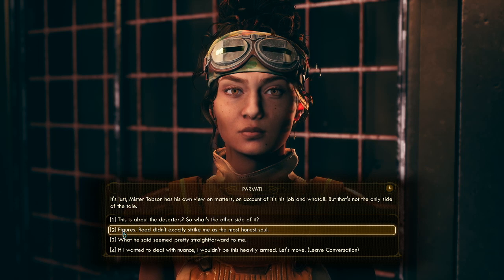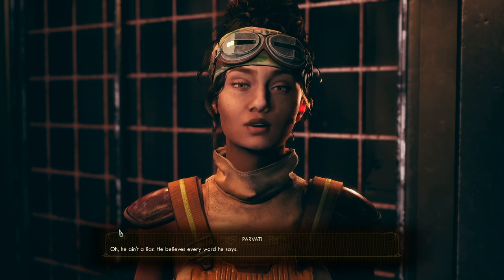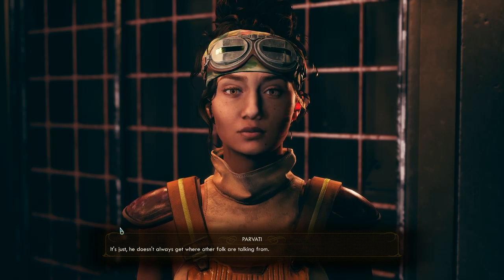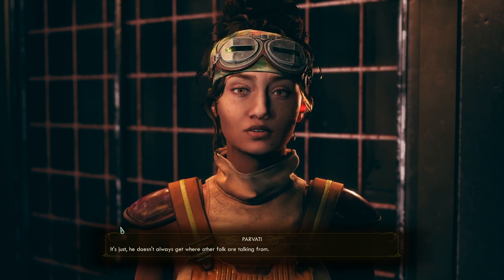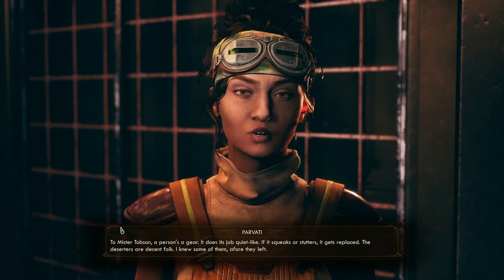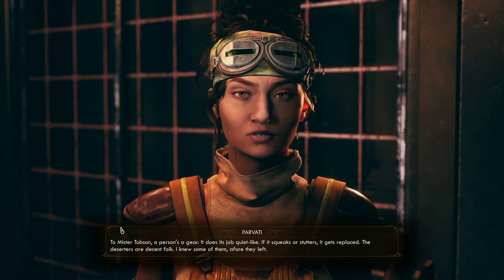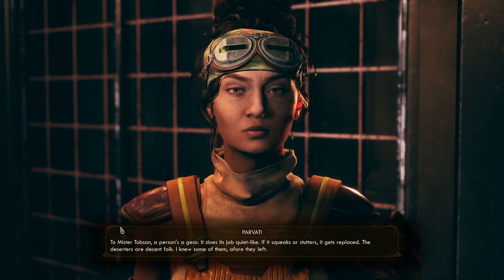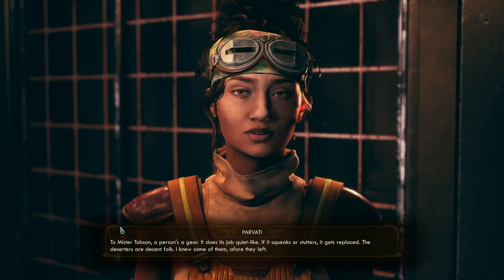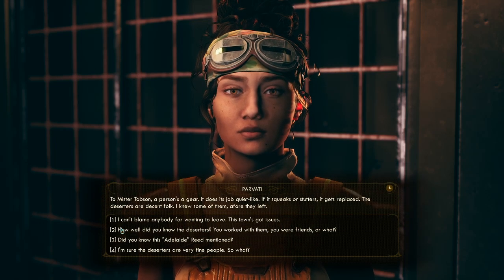Yeah, I figured so much. Tell me. Oh, he ain't a liar. He believes every word he says. It's just, he doesn't always get where other folk are talking from. To Mr. Thompson, a person's a gear. It does its job quiet-like. If it squeaks or stutters, it gets replaced. The deserters are decent folk. I knew some of them before they left. Well...